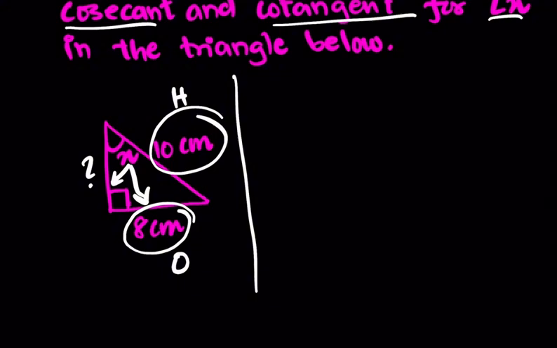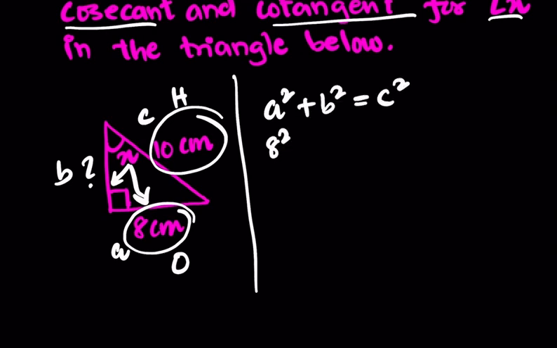So let's say that this side length 8 centimeter is A, let's say this is B, and let's say this 10 centimeter is C. Pythagorean theorem says A squared plus B squared equals C squared. A squared means 8 squared, B squared stays as it is, while C squared is 10 squared. 8 squared is 64 plus B squared,